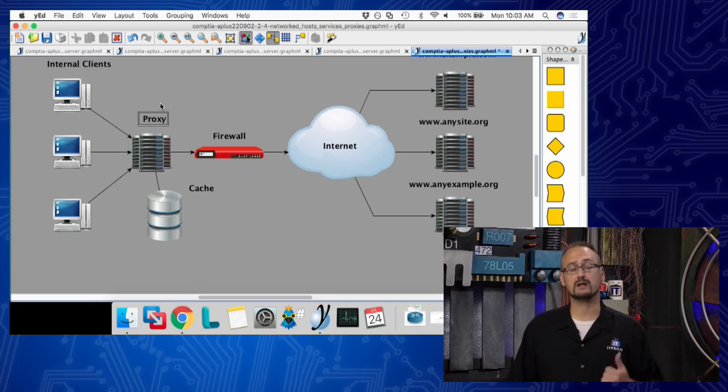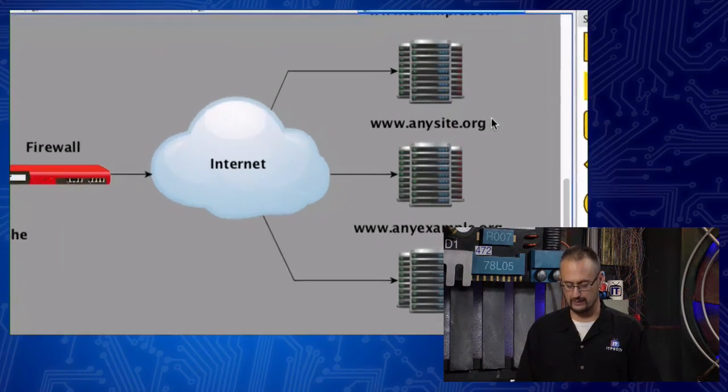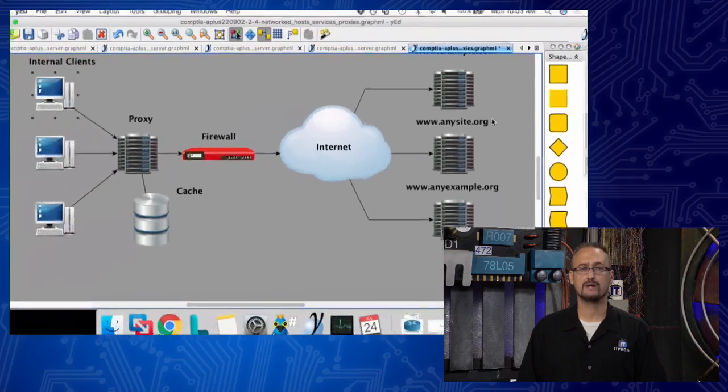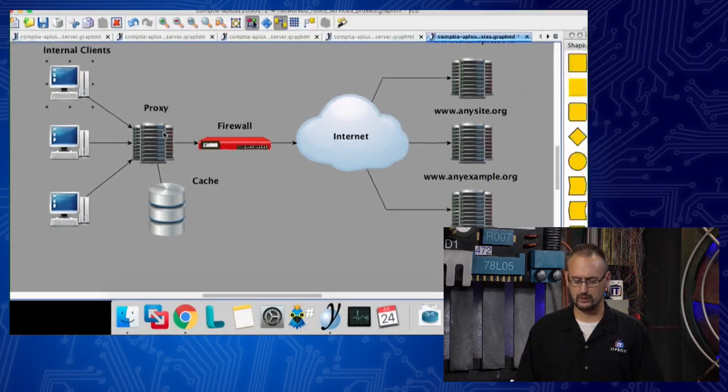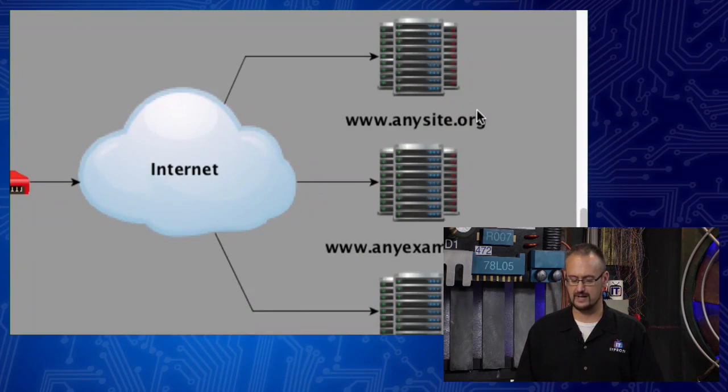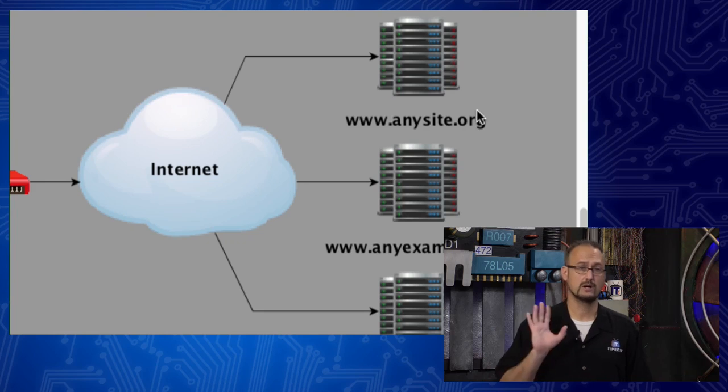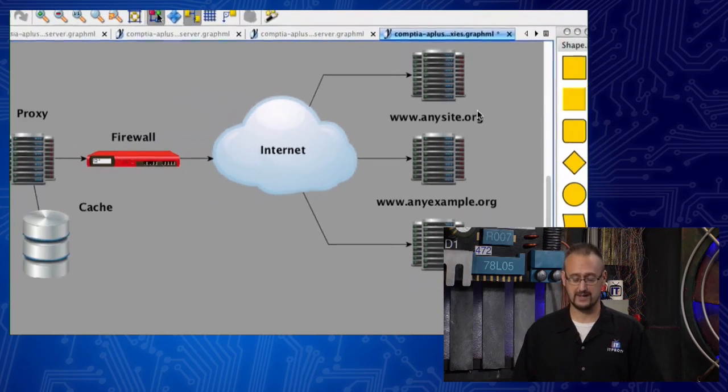And it just means that my client is going to make a web request, just like browsing to the internet. But the difference here is, instead of the web browser sending that information out to, let's say, a website out there across the internet, it actually sends it to the proxy. All right, and then what the proxy does, well, a couple of things. Let's say this is the first time the proxy has received a web request for this website, www.anysite.org. If there's a site out there that is www.anysite.org, I apologize ahead of time. Just trying to generically make these up.